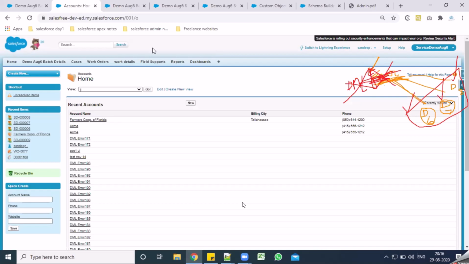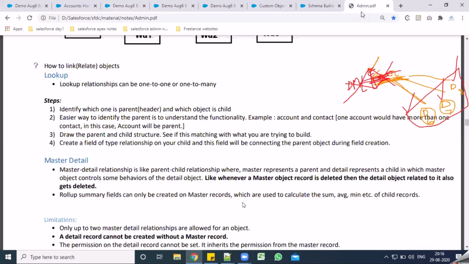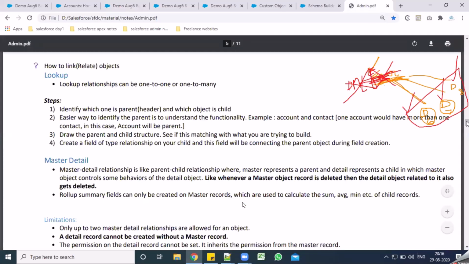If I have D6 connected to the account DML error 1, that information will be lost in your lookup relationship. That is the thing about lookup relationship.